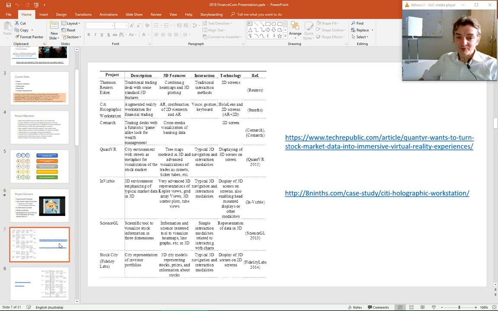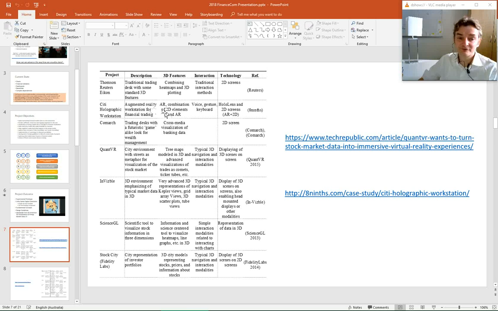When we look at other projects, there's a pretty broad range of projects which have been conducted, and you can find them all in the paper actually. So one is Thomson Reuters Eikon, a traditional trading desk with some standard 3D features. Basically, the principle of 3D usage is to use 3D heat maps and 3D plotting, and the interaction is via traditional interaction methods and 2D screens. And I mention this as a starting point because this is the state of the art. Although there are 3D heat maps and some 3D elements in the trading desks, it really does not make efficient use of